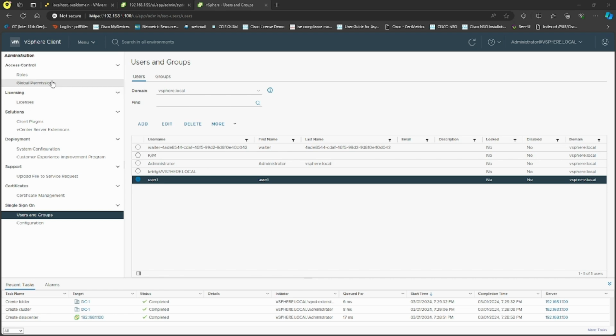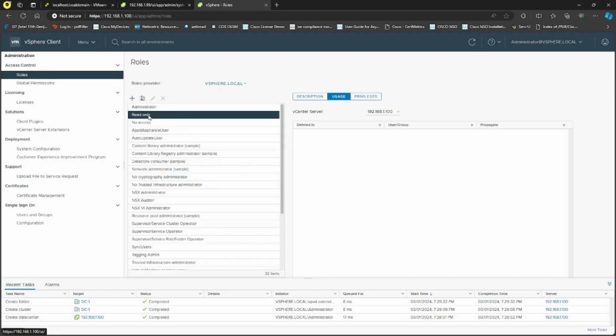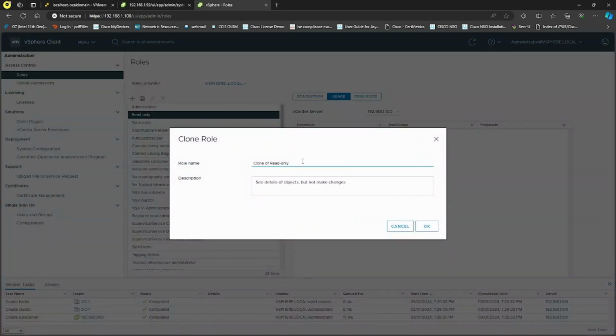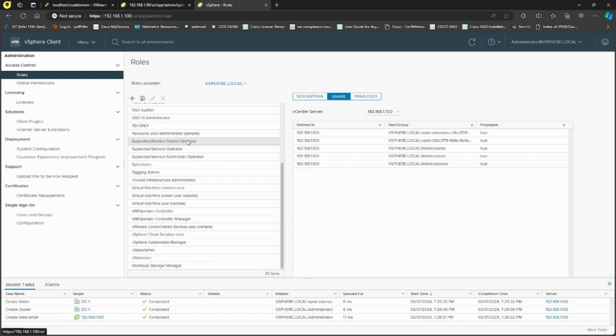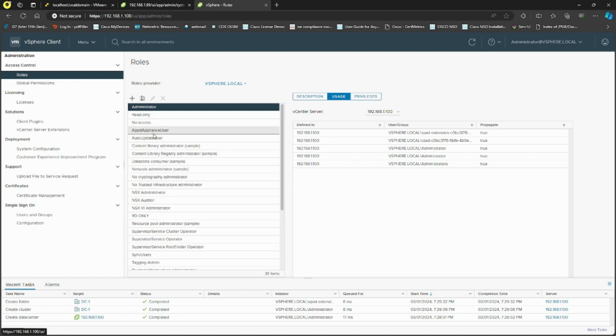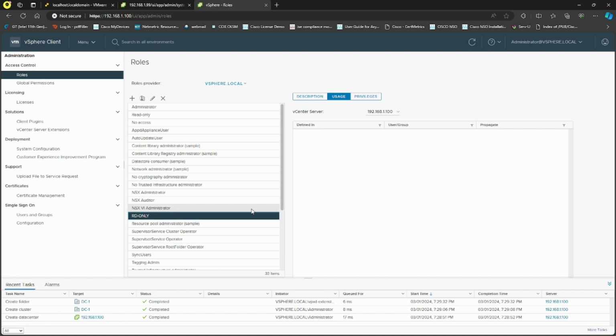So let me go back to the roles and clone this read-only role. I will say RD only. So I will click on OK. So if I go to the RD only, where is that one? Again, there is nothing I can do over here. So I clone the role and I try to,